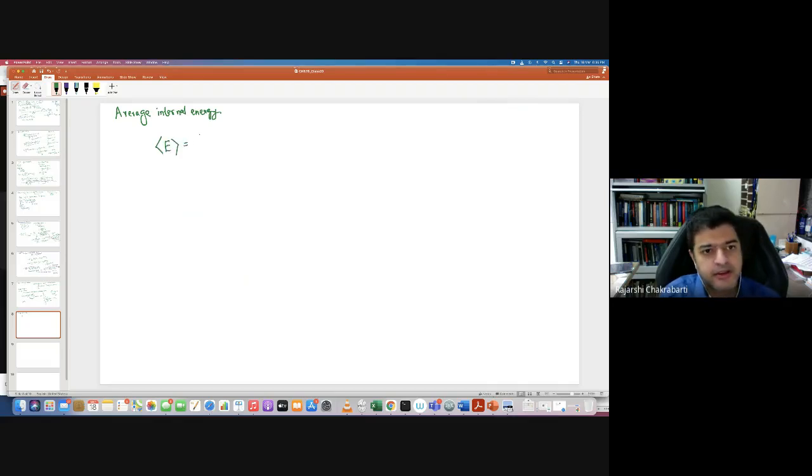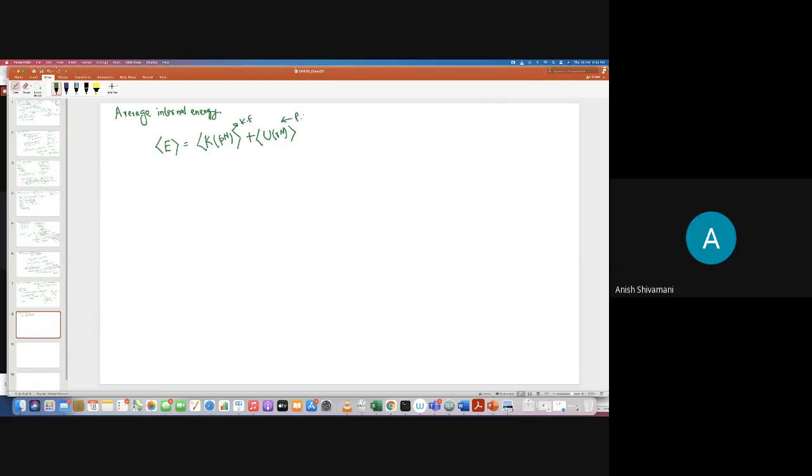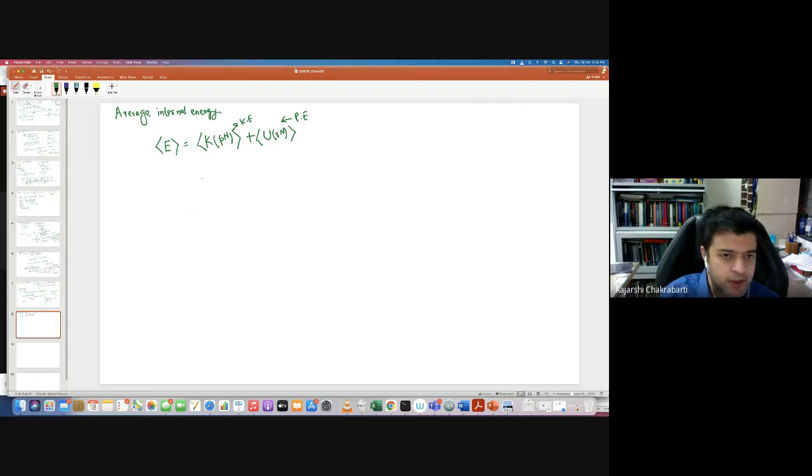Now I can be a little fast. This is kinetic energy. This is potential energy, no? I have to take the average of this. What is this value? Can anyone tell me? There are n particles, n times the average of p square by twice m, plus this. This is going to be again